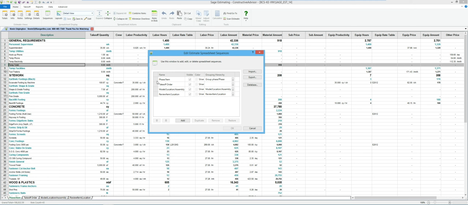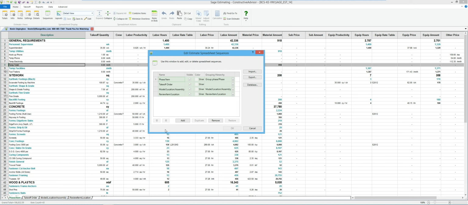In previous versions, I could actually highlight a number of sequences, and there was a save default at the bottom that would actually save those default layouts for future estimates. Well, one of the drawbacks with that a little bit is you never really knew, without creating a new estimate, what are my standard defaults? How do I get to see what they look like and so forth?